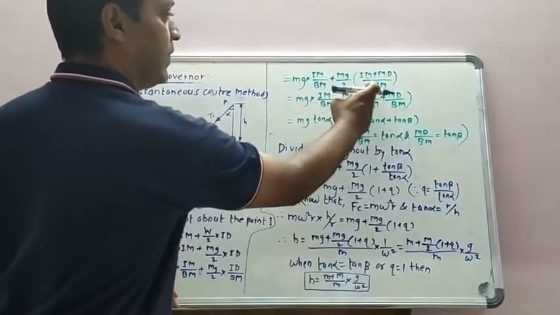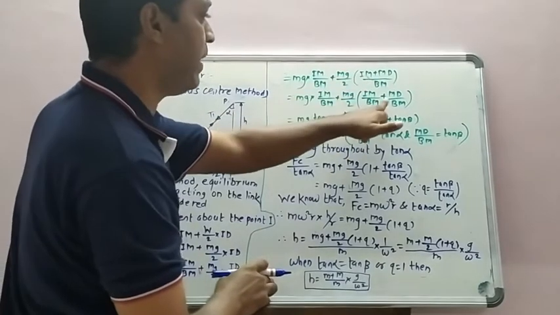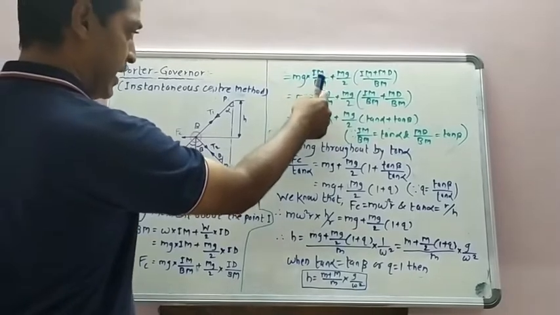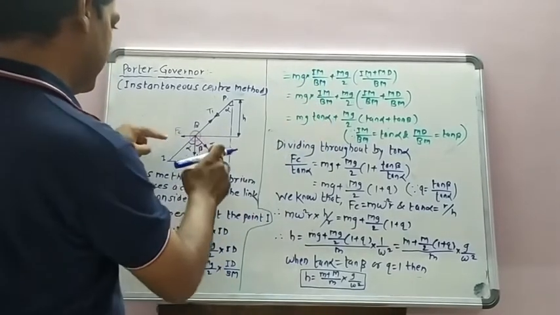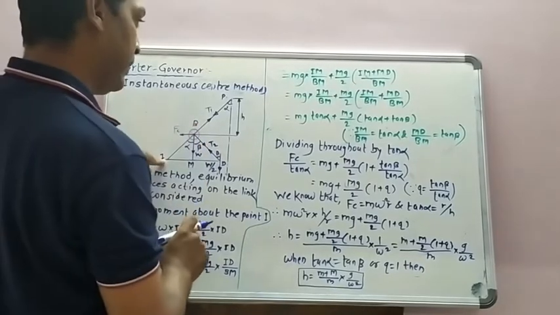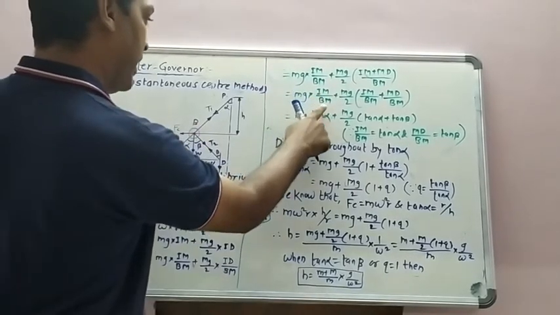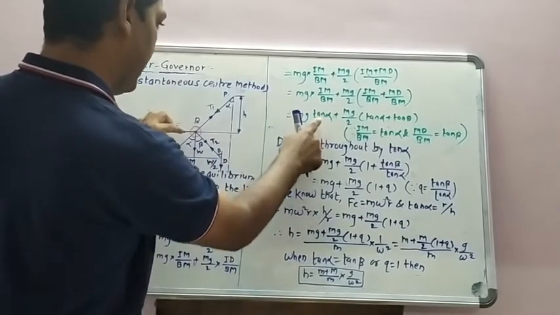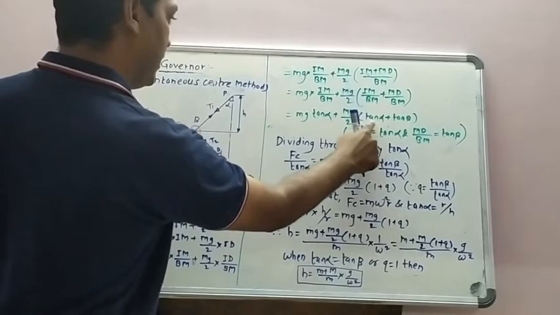Now just separate this term, Im by Bm plus MD by Bm. Okay. Now for this Im by Bm, from this triangle IMB, we can write Im by Bm